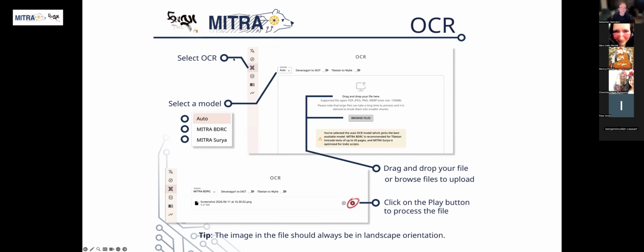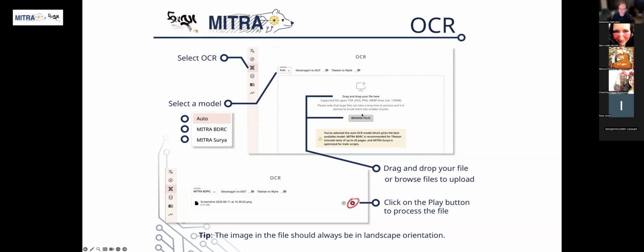So we have this OCR selector here at the left side of dharmamitra.org. If you click on that OCR selector, then this OCR window opens. And on the top left, you can choose the model. Currently it's set to auto, but you can also choose the BDSC model if you have Tibetan material, or the Surya model for Sanskrit or other Indic scripts.